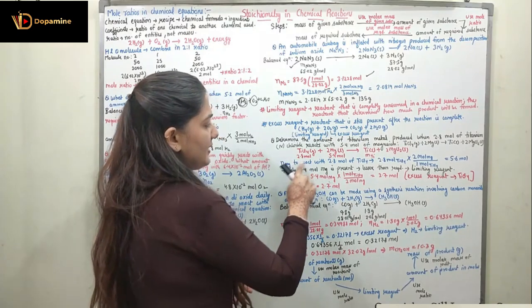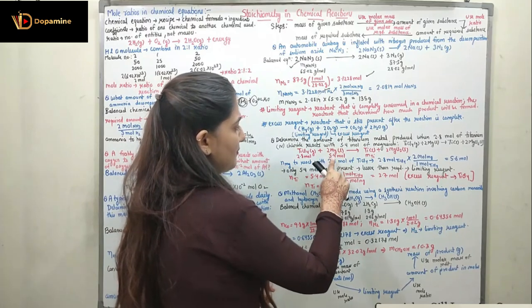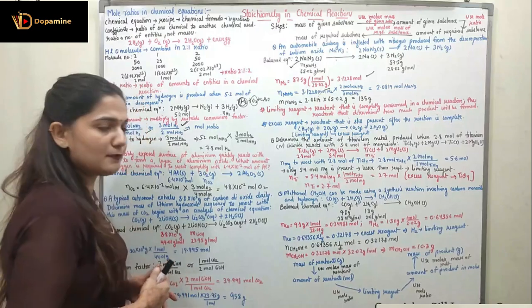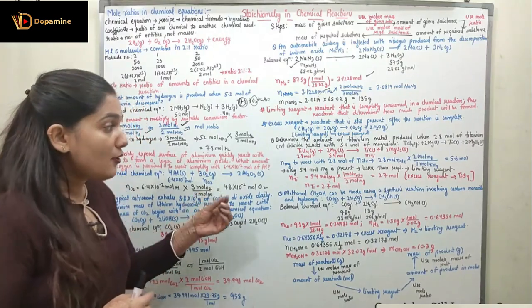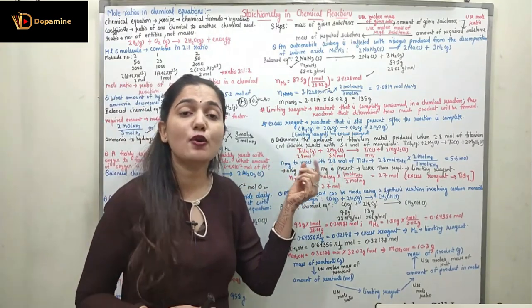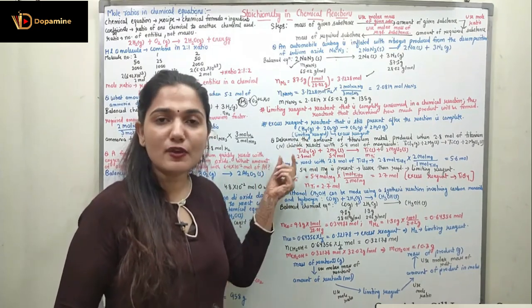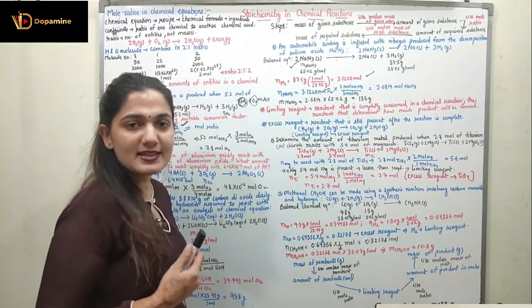The amount of titanium chloride is given, that is 2.8 mole. The amount of magnesium is also given, 5.4 mole. Now we have to find out the amount of titanium produced, or the mass of the titanium produced. Since both of the amounts are given, we need to find out which one we have to choose. Any one of them could be in excess, any one of them could be in limiting amount, right? So first of all we have to find out which one is the limiting reagent.